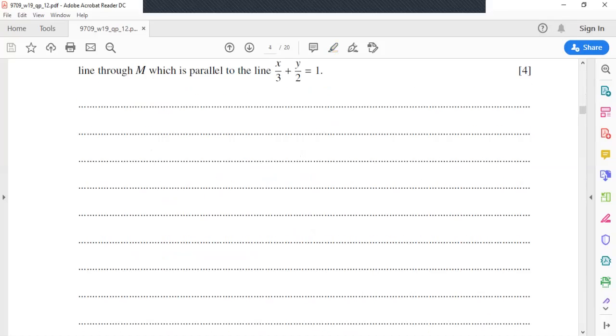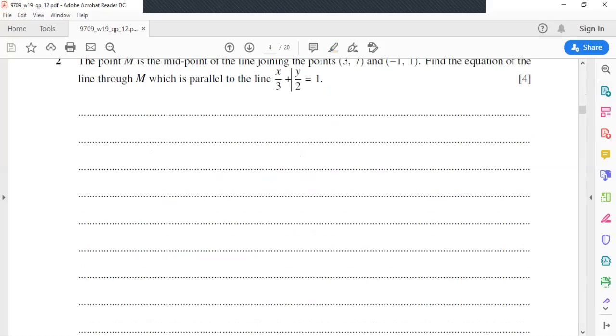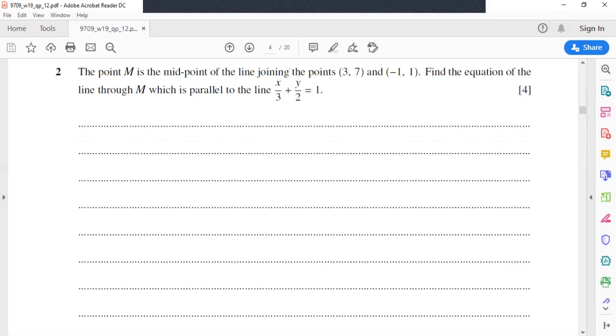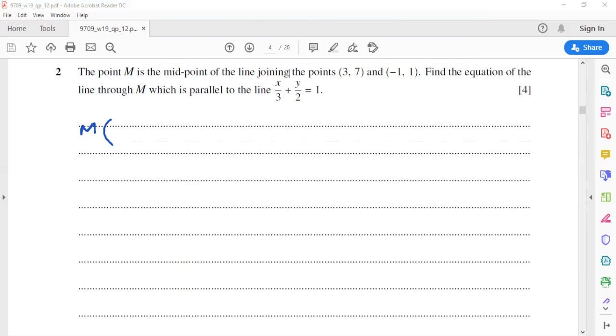Okay, the second question is regarding coordinate geometry. And here it says that M is the midpoint of these 2 points. So let's find the midpoint first. The value of M is 3 plus minus 1 divided by 2, and 7 plus 1 divided by 2. And this gives us